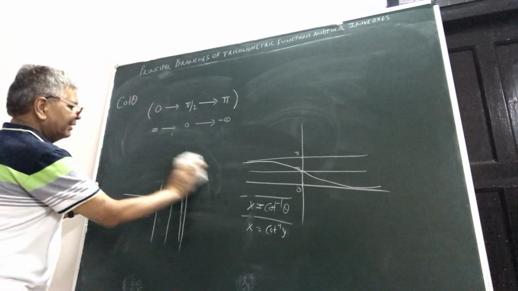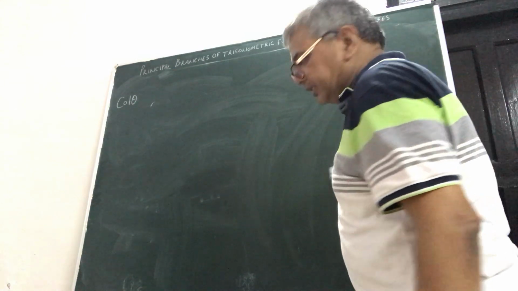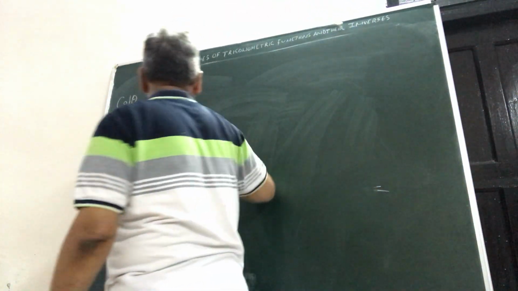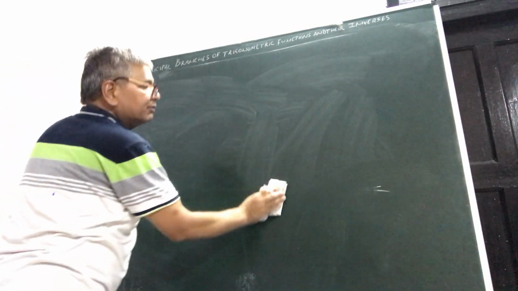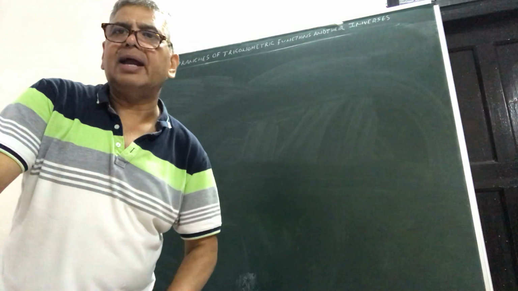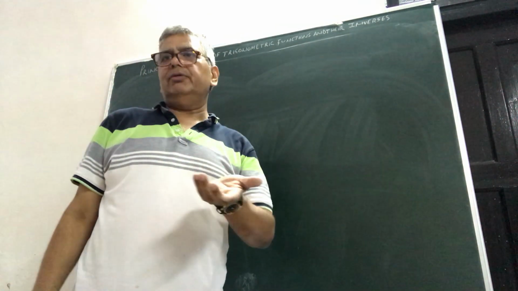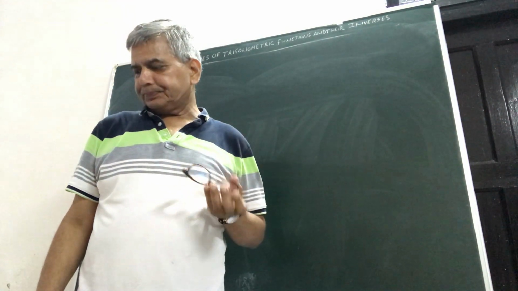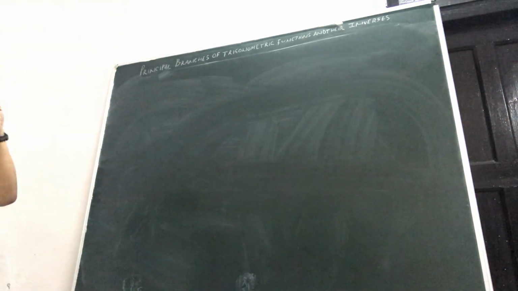Now let me take the remaining two curves. Again I repeat that what you need to ensure, for drawing the curve of these inverse functions, is that you first make sure that your main curve, that is the main trigonometric function, is entirely in its principal branch. Now see sec theta and cosec theta. Let me do it and then I will explain it to you.